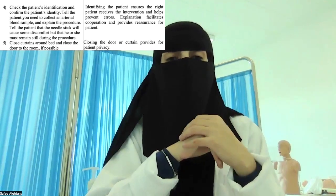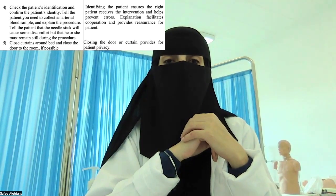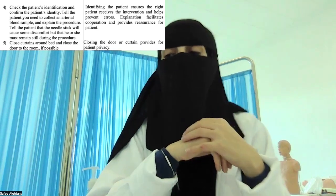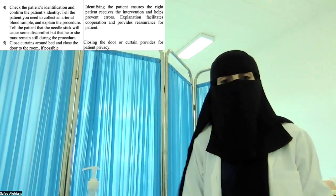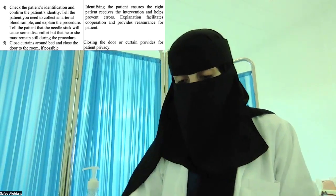Also, when we explain the procedure to the patient, this will encourage cooperation and provide reassurance، يعني راح يريح البيشنت ويحسسه إنه engaging with this procedure. And then I need to close the patient's bedside curtain to maintain privacy, to protect patient privacy. Okay. After that, I need to check the specimen label، اللي هي الورقة اللي يكون مكتوب فيها معلومات العينة